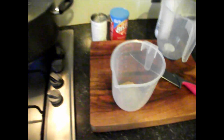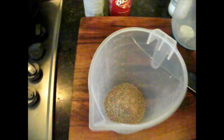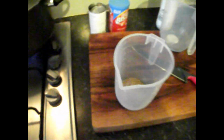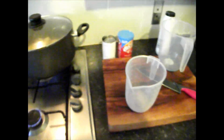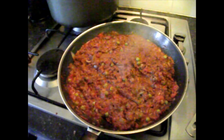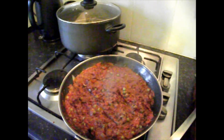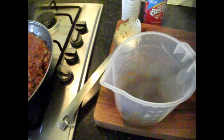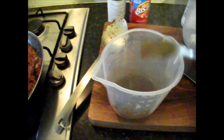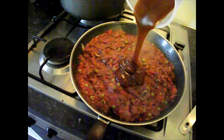Boil some water for your gravy. Just do a bit of gravy, about 3 or 4 tablespoons. This is going to be your sauce. Everybody loves sauce. A rich sauce. Now see the colour of it, it's a nice red. Now if we hadn't cooked the meat off, it would look pink, and it's not very appetising. So now what we want to do, we mix the gravy, make sure it's thick, not runny, because you don't want a runny sauce, and tip that into your...